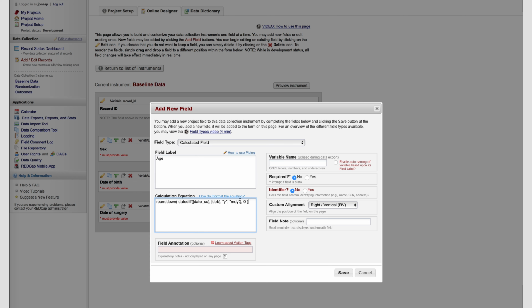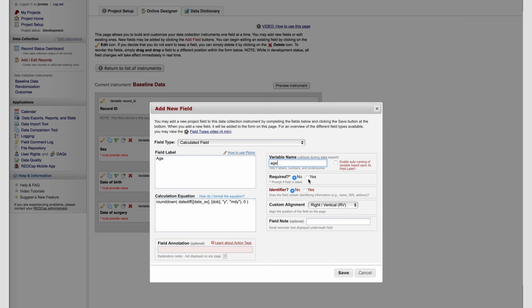Once we've calculated the date difference, this will give us a number that includes a decimal place. And so the round down function will round down to the nearest integer, and the 0 simply means we don't want any decimal places. Now, the variable name for this variable is going to be simply called age,